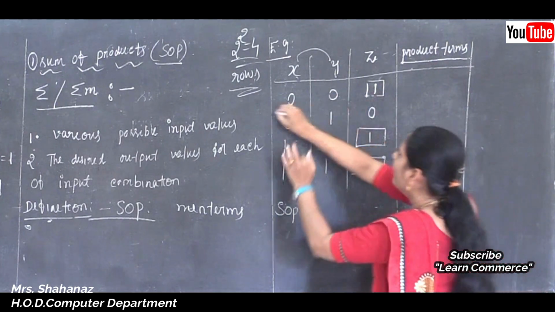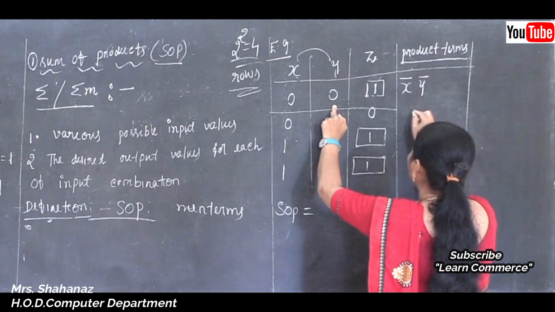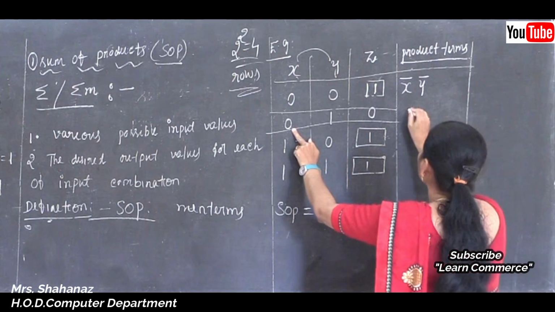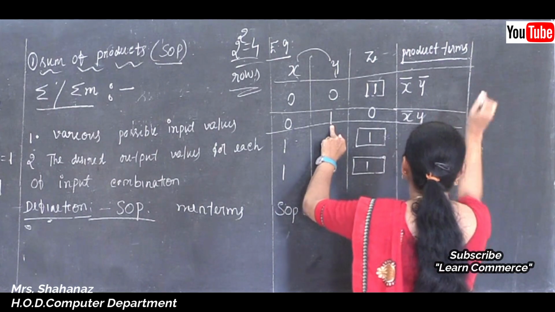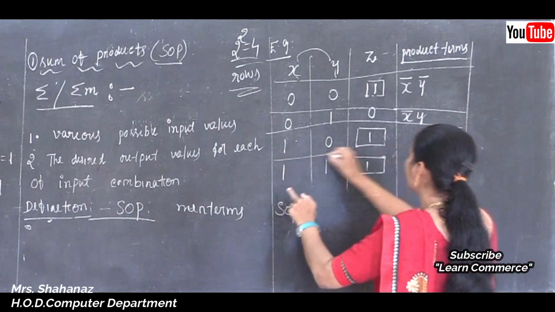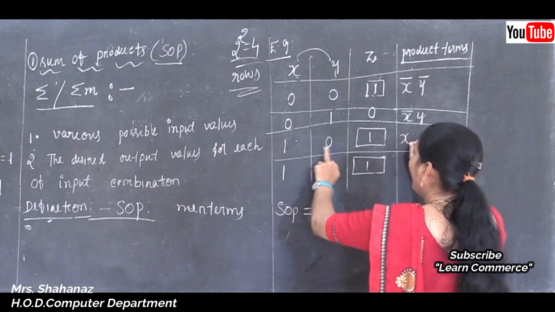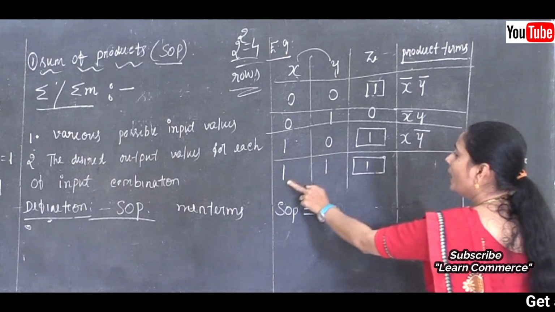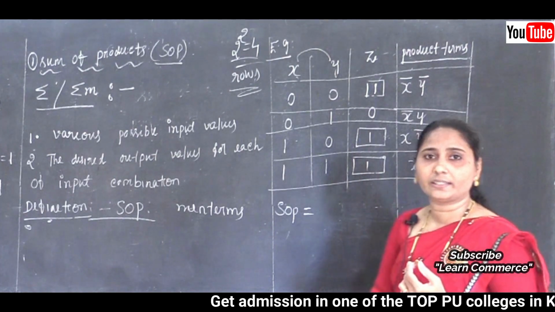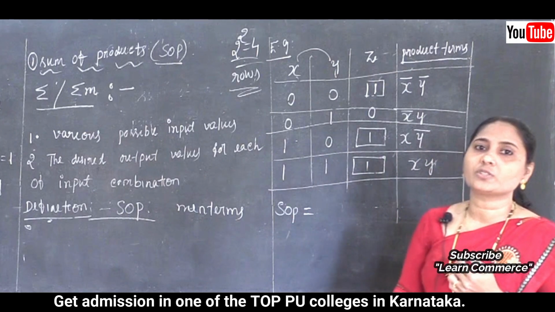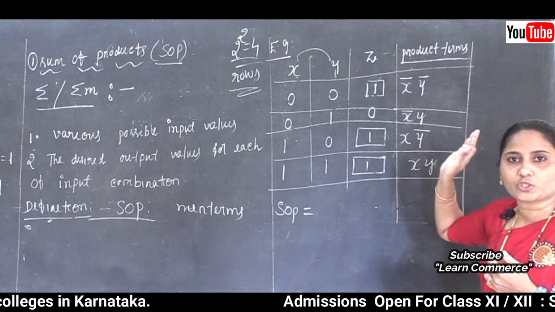So the 0 value is there, so complement of x and complement of y. Next, I want to take the second column, that is complement of x and y, where 1 is there. So I am going to take just y here. Next is the third column: x, and then the 0 value is there, complement of y. And lastly our 1, 1 column, that means no complementation. So how I constructed the product terms: wherever the value is 0 for a variable, then take its complementation. So this is about our min term.